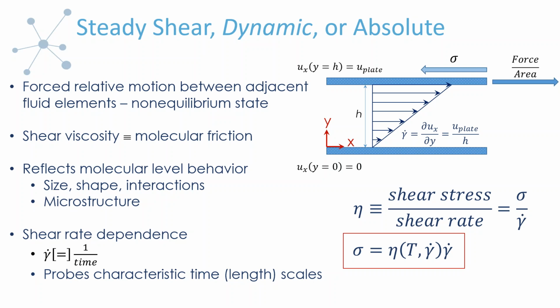These are all synonymous. I put dynamic in italics because, although people do use that term for this type of viscosity, unfortunately in rheology there's a little bit of overlap because dynamic is also associated with the oscillatory type flow. So when people talk about oscillatory experiments, sometimes they refer to them as dynamic rheology experiments. So be careful when you see that particular label. It's common for steady shear, but it can also mean that they're doing an oscillatory type experiment.